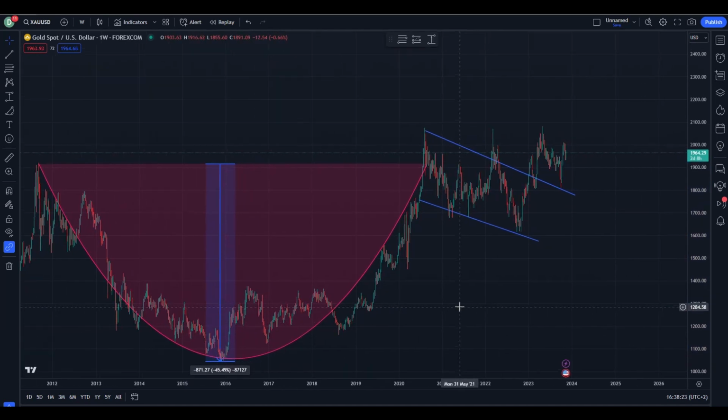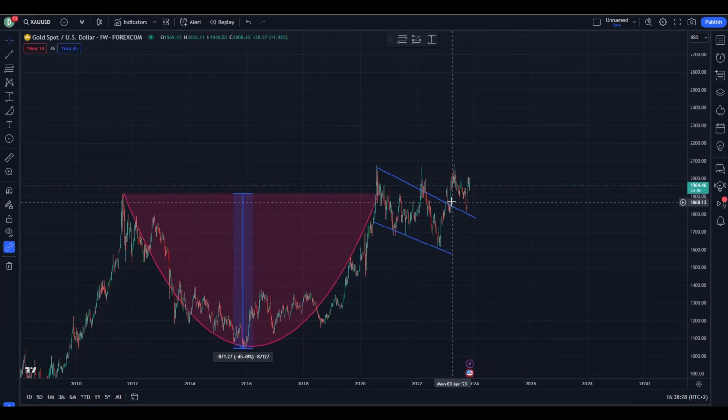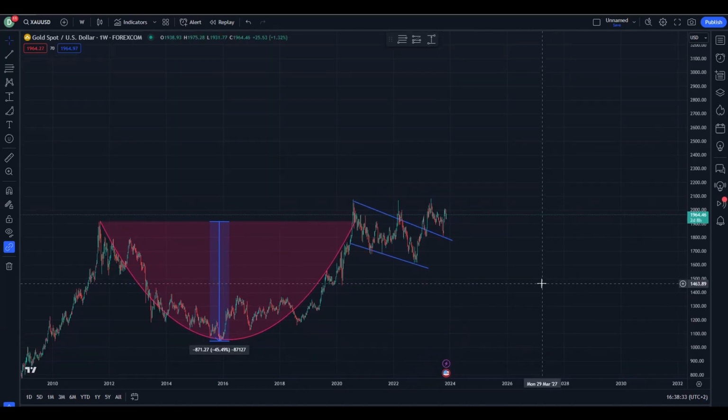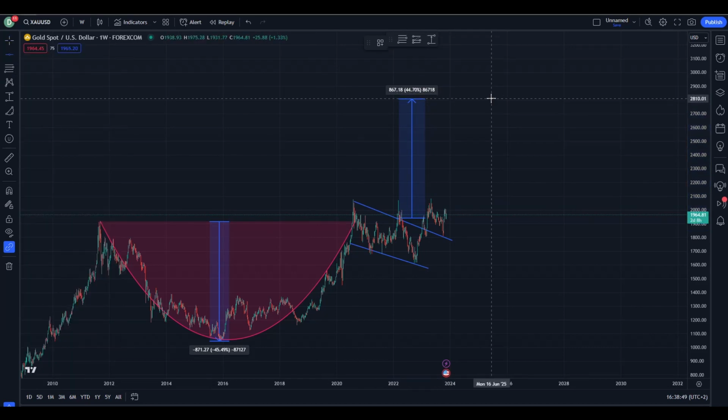This indicates a potential movement of $870. So now we take the same measurement and we measure it from the breakout point, which is back over here, to the upside. Let's see how this is going to look. We take this measurement tool, we place it over here, and we measure this $870. It's around over here. You can notice that this is setting a target for gold of a bit over $2,800. From the current moment, this is a potential increase of about